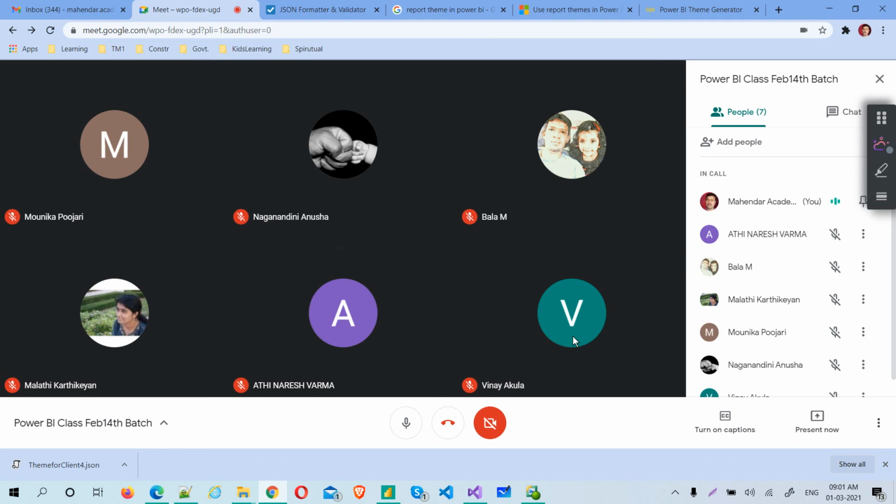If they will not give, then use the default. If they ask you to change, then ask for the color code. If you change some color, they will simply say no, no, this color is not good, change. Instead of that, just ask for the color codes. Otherwise it will definitely give you confusion, and I request you to get the color codes as well as the percentage of transparency. So they will prepare some document and give it to you. That's how real time goes on.